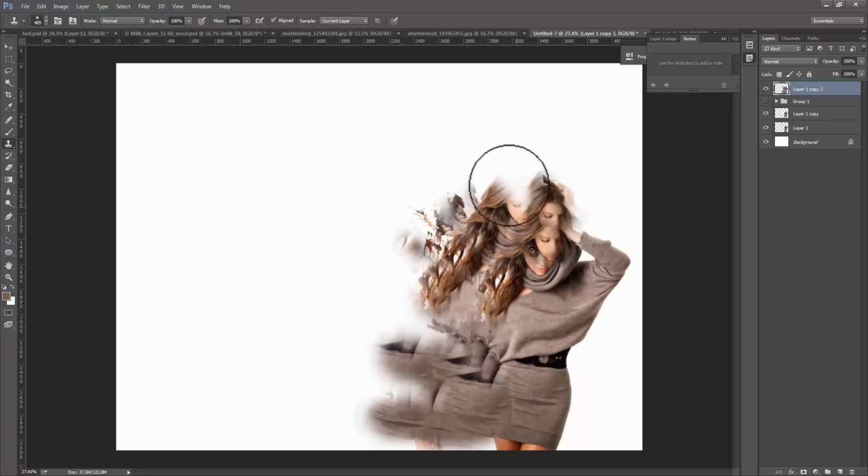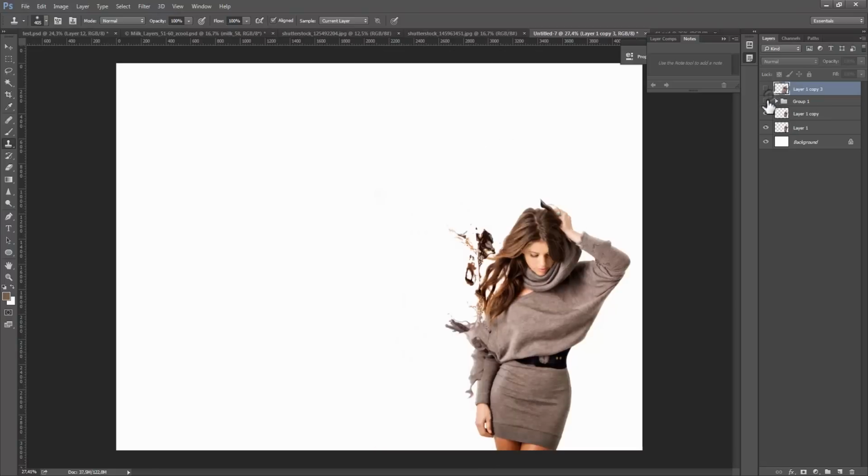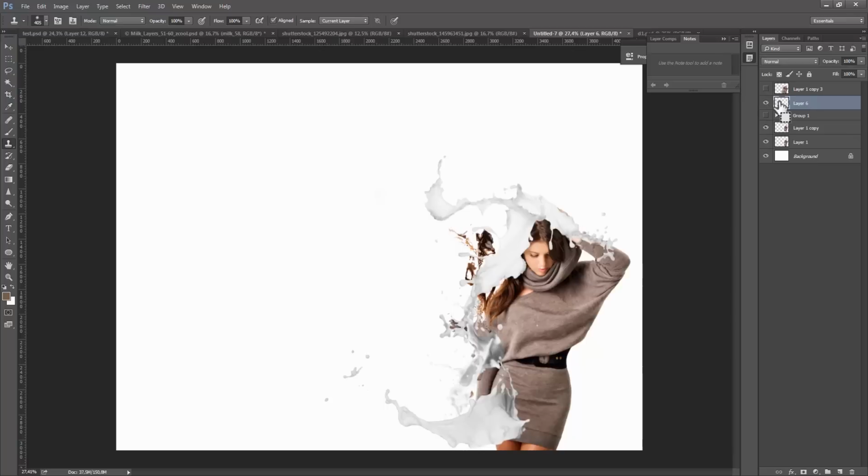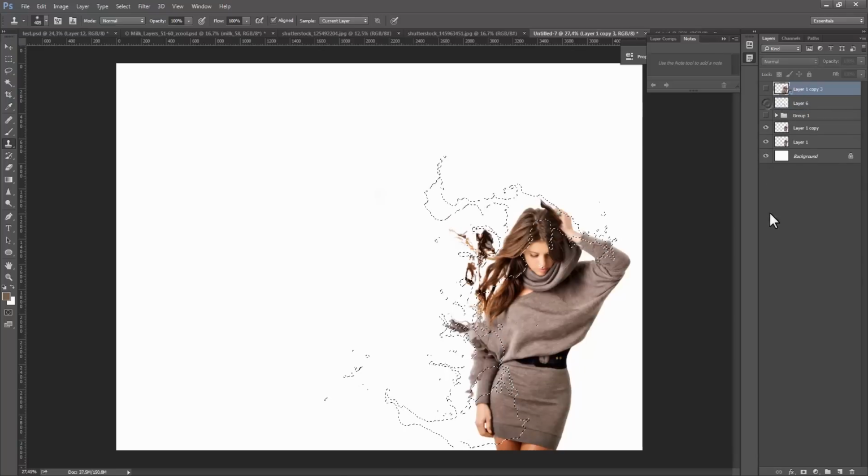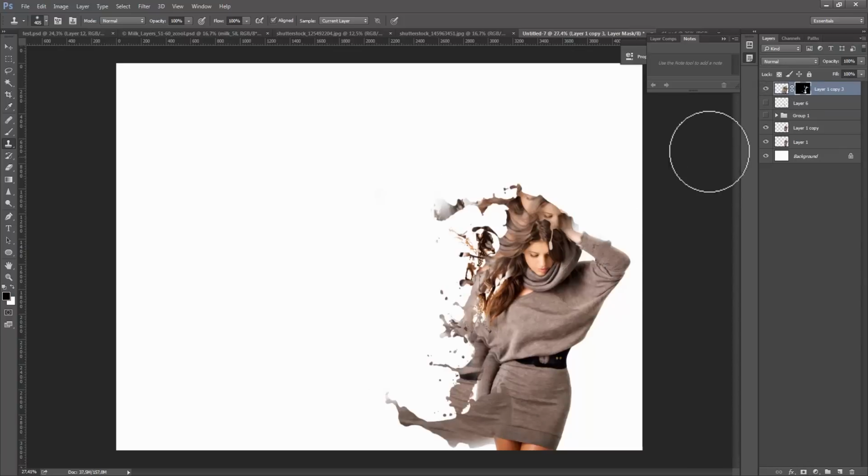And yes, this is definitely weird. Now I'm just going to duplicate the folder with the splash, create a new layer, merge that down, so we're actually just going to rasterize that folder so you have the pixels of each in the same list instead of in the folder. Now I'm just going to control click on it in order to get it selected, and then I'm going to make a layer mask of that,